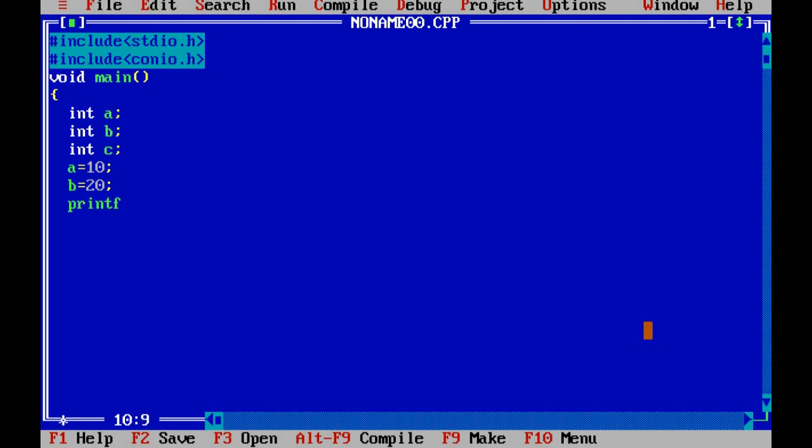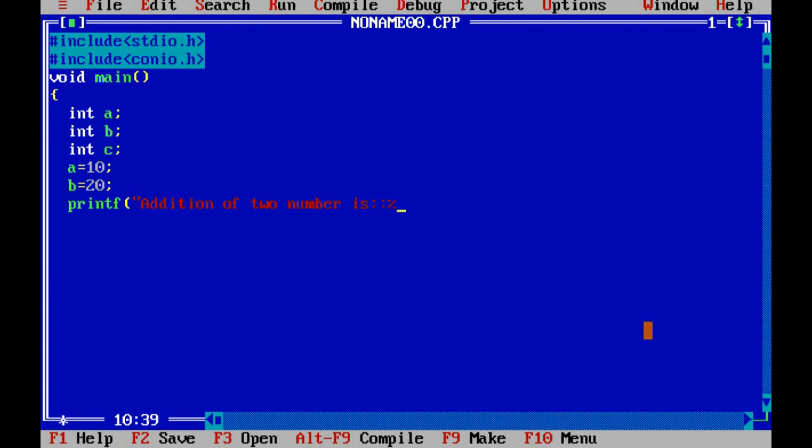In the next line give the printf statement. In that type addition of two number is, in double quotes. You can give any format for the output display, so whatever symbols you put in that, all the content appears as output on the screen. So I am just giving two semicolons here and then giving formatted codes.